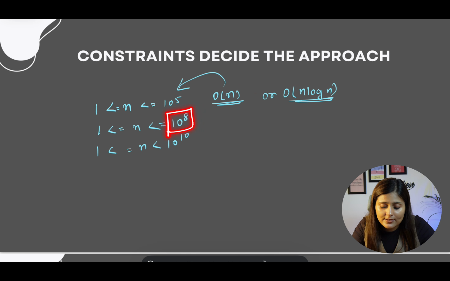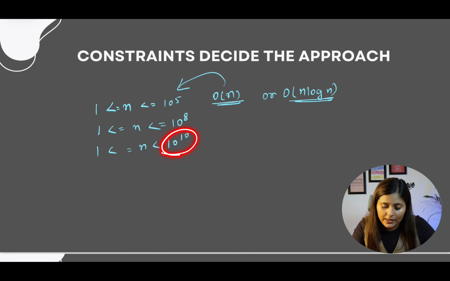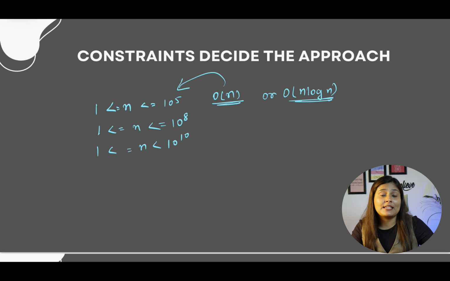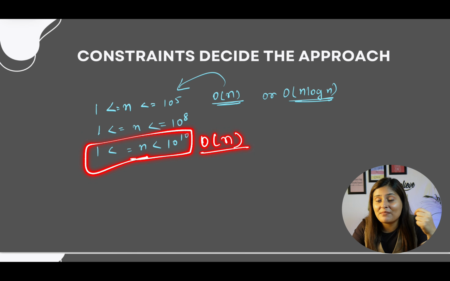But if you see this constraint of 10 power 8, do you think we can run O of n square here? No. Similarly, not here also. And as you can see this time complexity, I told you 10 power 10. Will it be executed? No. Even if we try to write the linear approach O of n, that will also give us TLE because n itself says 10 power 8.